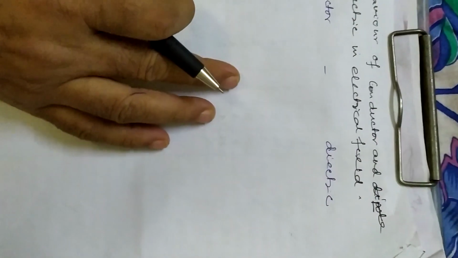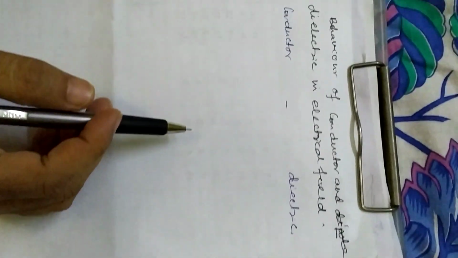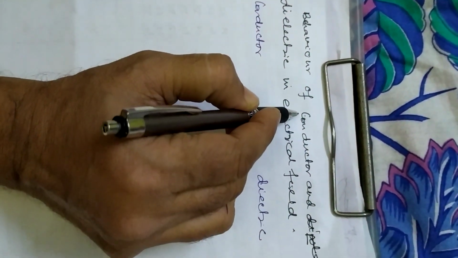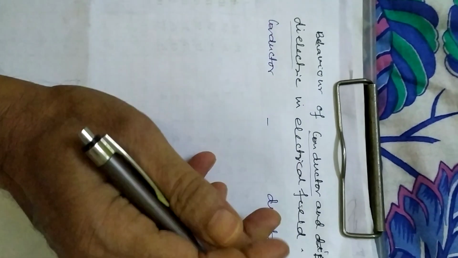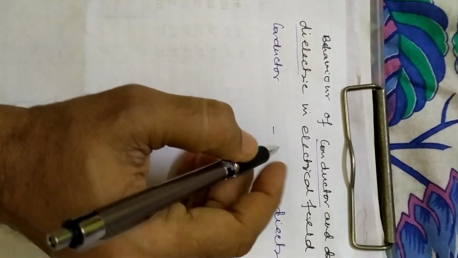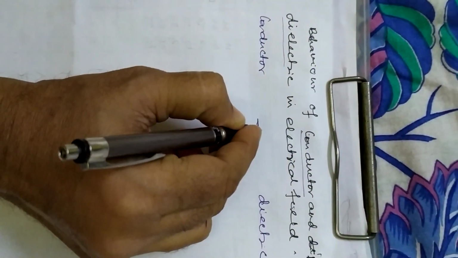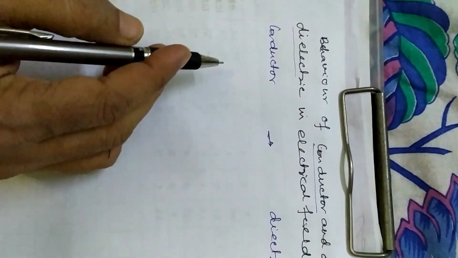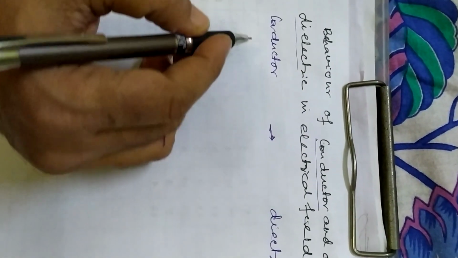Yes, today we'll study the behavior of a conductor and a dielectric in an electric field. So you can understand, once I'm saying conductor and dielectric in an electric field, this is a chapter in NCERT, and they have discussed it there elaborately. Okay, so let us see how a conductor behaves and what a conductor is.